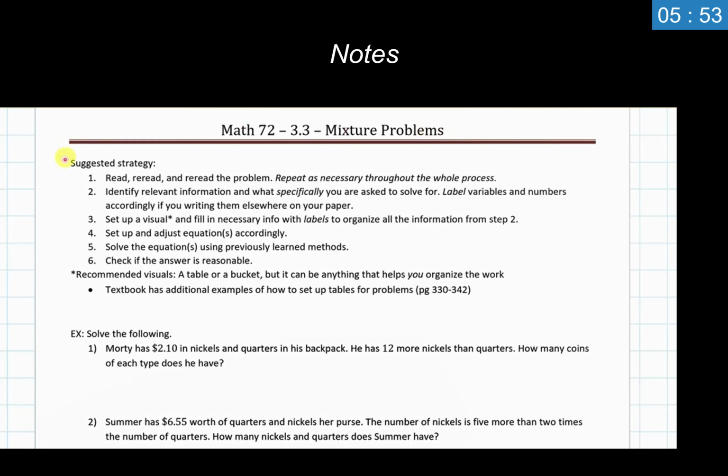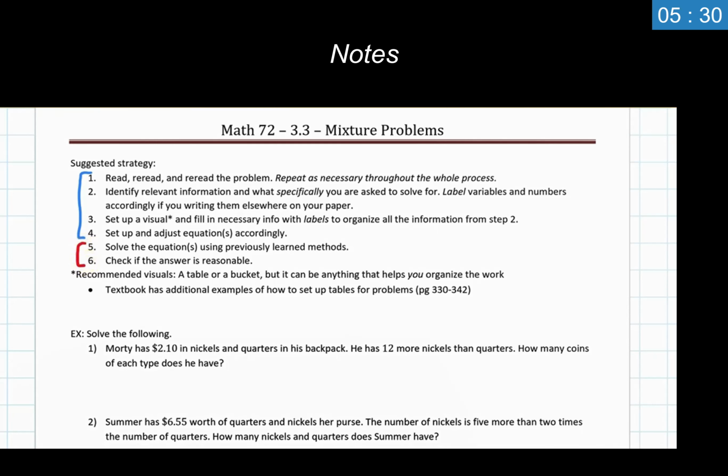but I do want to at least note a suggested strategy that the book recommends and I think is also reasonable to use with a lot of story problems in general. So a couple things I want to note if you are choosing to write this down for yourself is between these two parts here. I'm actually going to do the second part in red. Let's stand out a little bit more.